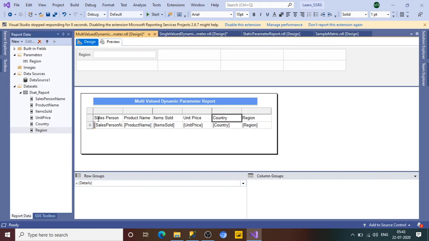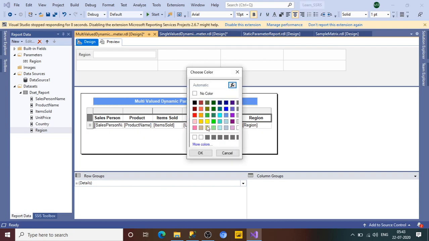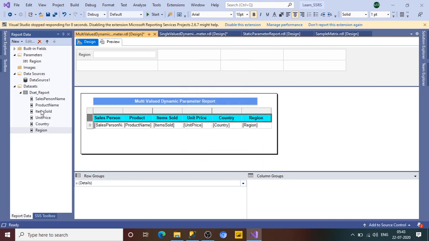This way all the values columns will be displaying here. So just make it a little bit formatted, salesperson we have bolded, and if you want you can give some colors here. Let me do it like this. Okay, so now the report has been generated. Okay, the design of the report has been there and parameter is also there.